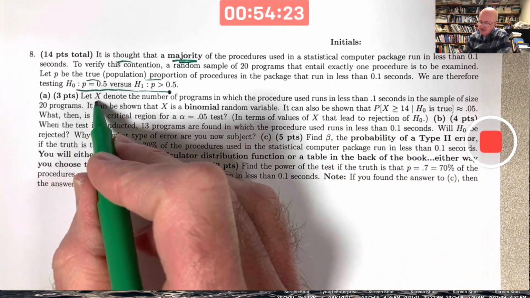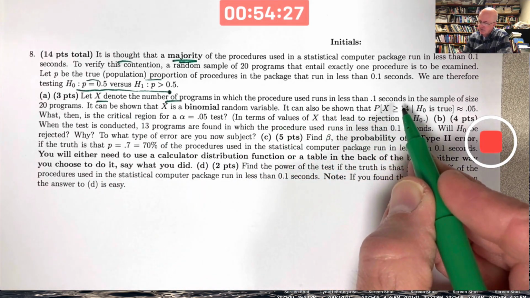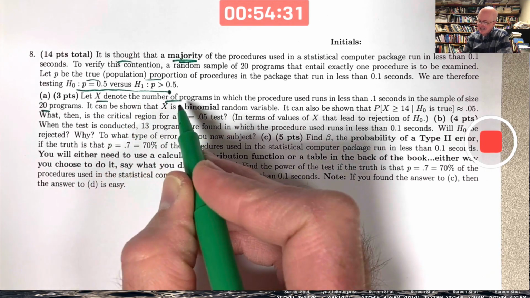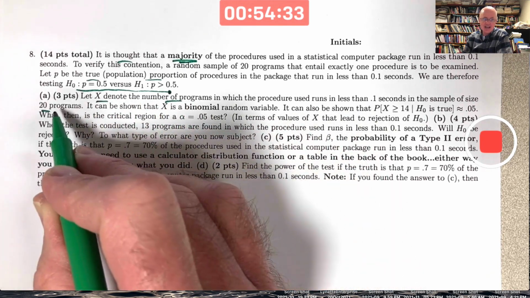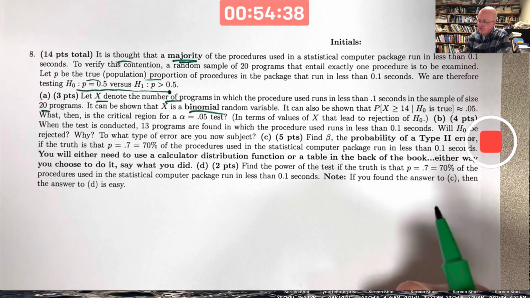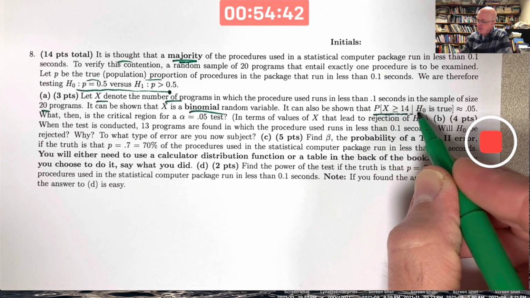Directions. A, let X denote the number of programs where the procedure is used that run in less than 0.1 seconds from a sample of size 20. Number of successes, you might say, in 20 trials. This is looking like binomial. Yes, binomial random variable. It can be shown that the probability that X is greater than or equal to 14,